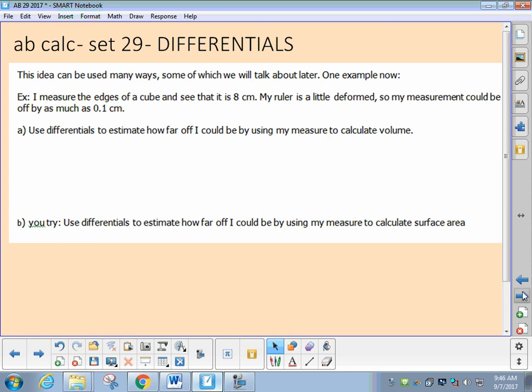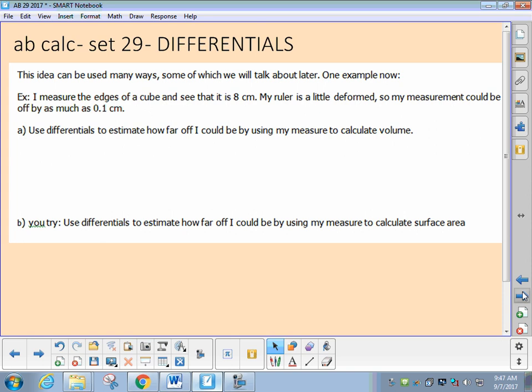Now this then is the idea. If I then use that measure of the side to find something else, like the volume or the surface area, won't that error then carry through to those later calculations? Yeah, that's called propagated error. Okay, it's error based on previous error. So the deal is this: I could actually find the true possible error, but in engineering, it's sometimes not feasible to do so, and you want to use a differential to estimate the error, and they're actually, on small scales especially, pretty doggone accurate. Now this one, we can probably find the true error because it's not too complicated, but we're going to practice using differentials.